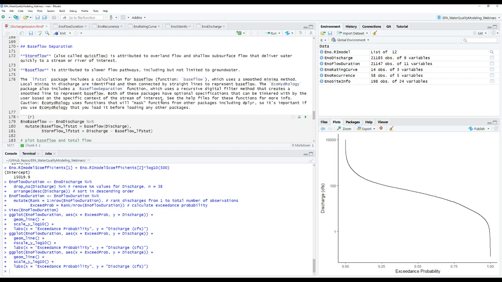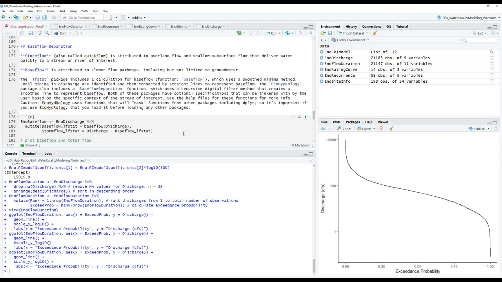So this is distributed to those slower flow pathways, including groundwater, though not necessarily limited to groundwater. We may have some of those more circuitous, deeper subsurface flow paths as well. Often snowmelt will be assigned as base flow as well. So if you live in a snowmelt system, our base flow calculations might be a bit different. Just to be aware, there's some really good literature out there. If you are in a snowmelt system and you'd like to calculate base flow, I haven't specifically gone into snowmelt here because we don't really have a snowmelt signal in this specific stream.